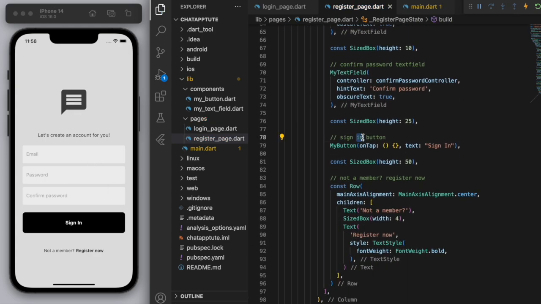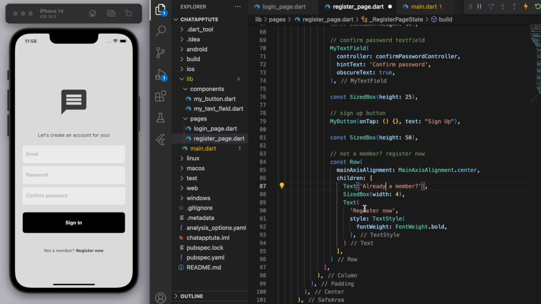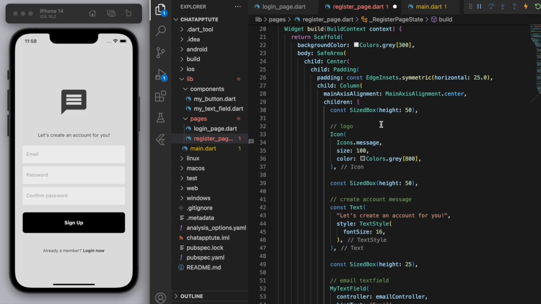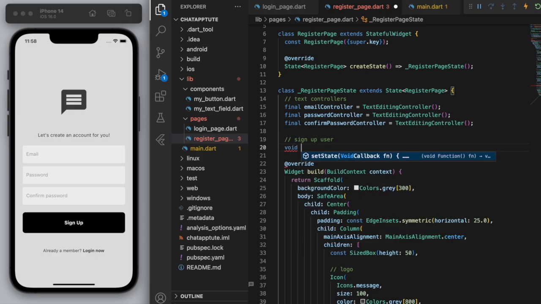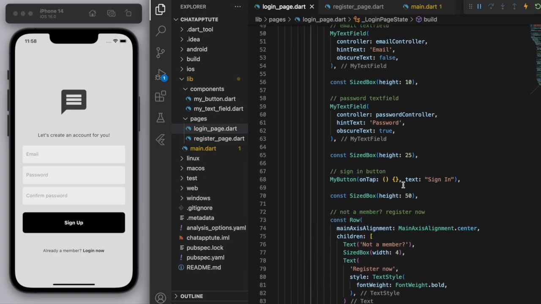And then the button, so we don't want to sign in, we want to sign up. And just at the end here, we want to say already a member, then you can log in now. Awesome, so if you click on this sign up button, we want to have a method here called sign up, and we're going to fill this out a bit later on. So let's do the same thing. If I come back to the login page, I want to sign in. If I click this button,